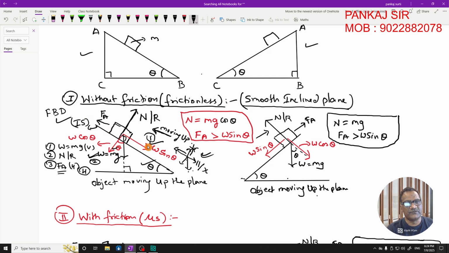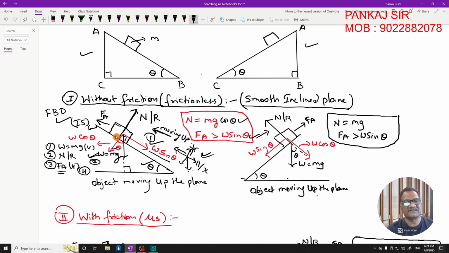Now, if you see the parallel components, you will see one component of mg going downwards, that is w sine theta, and you have another force, the applied force, going upwards, that is Fa. And you know that this particular object is moving in the upward direction. Therefore you can say that Fa is a more dominant force and Fa will be greater than w sine theta. So can you write Fa greater than w sine theta? These two statements are what you can derive from this FBD. So normal reaction is equal to mg cos theta in this case,